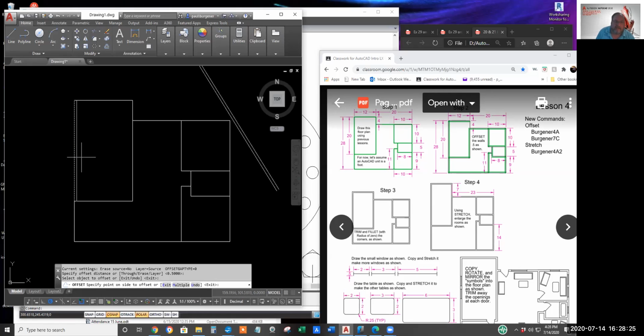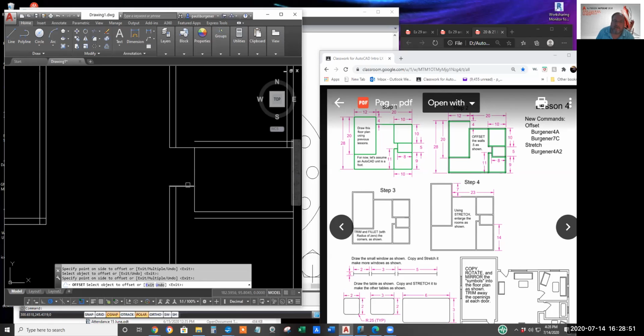Select the existing line and click. Generally, it's into the smaller room. With the exception of the bathtub, you want to go out from the smaller room. That bookshelf is getting pretty small now.